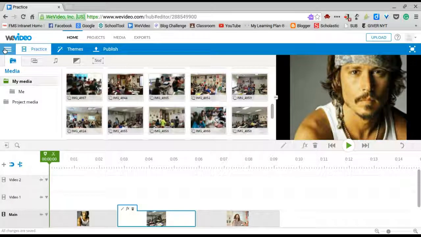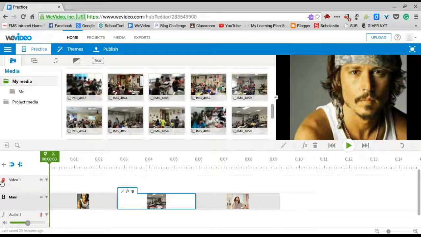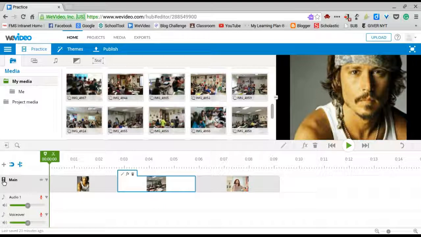All right, so the other thing I want to point out before we get to the transitions is that notice how my pictures are all on the main line, okay? The line that says main. So if you have any media, any videos or photos on video 1 or video 2, you need to move those down to the main line, okay? And then you really shouldn't have any need for this line or this line, so notice how when I hover over that I can delete it. So I'm just going to get rid of that because it just makes my screen easier to see,